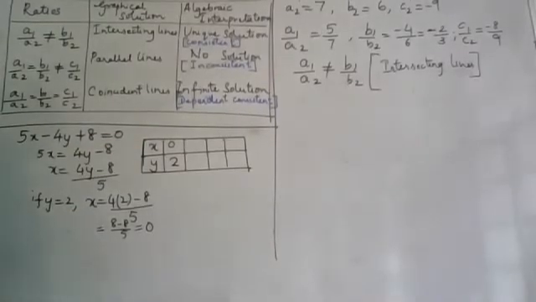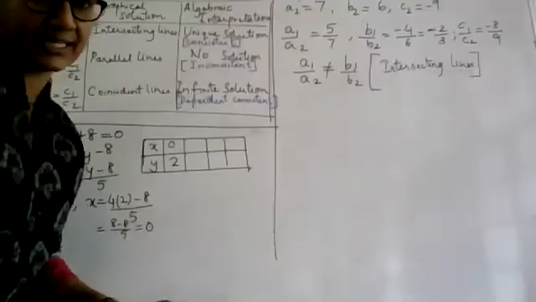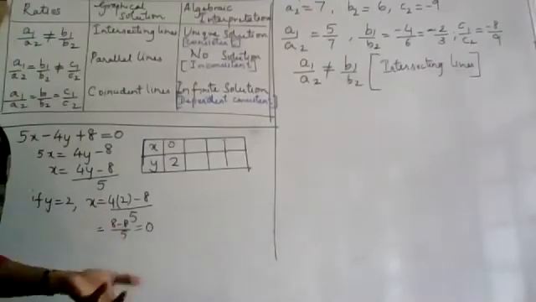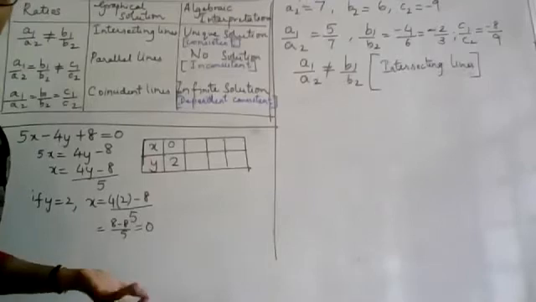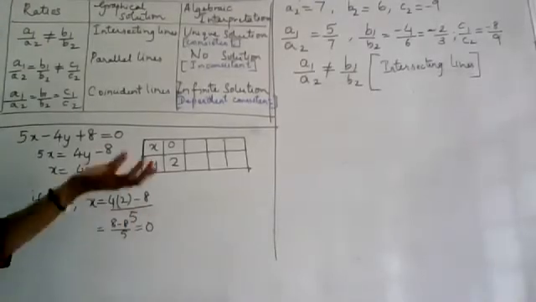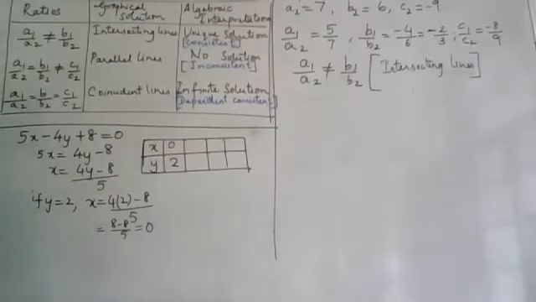Try avoiding getting decimals as ordered pairs. Why should I avoid getting decimals? Because plotting will be easy. That's all. Otherwise, it is not a rule that you should not get decimals at all. If you can handle decimals properly on the graph, I don't have a problem. You can take it. But for convenience, it is always better to get whole numbers in the ordered pairs. So for 2, we could get a whole number.